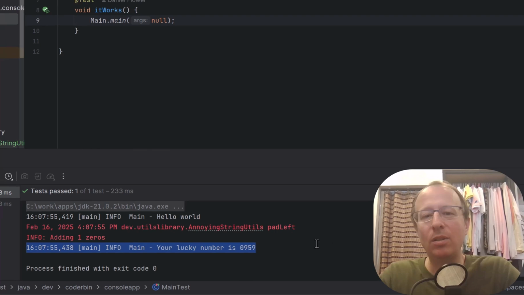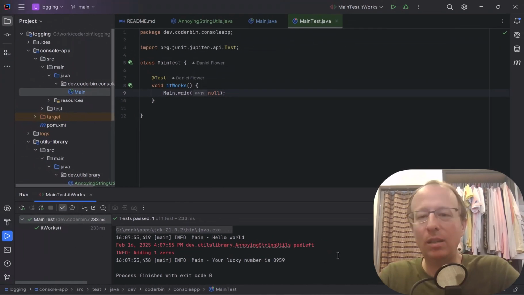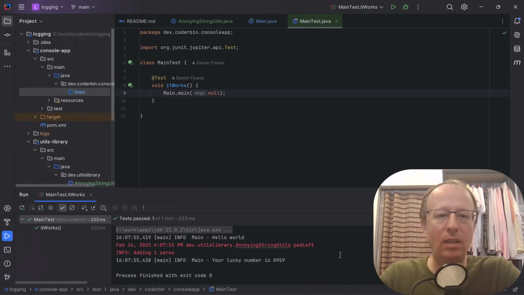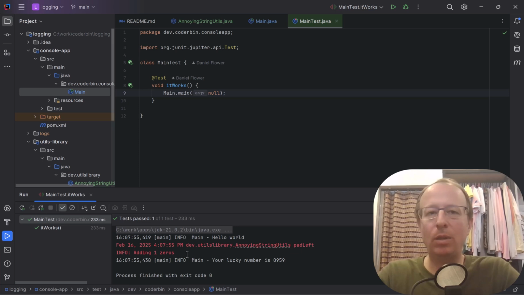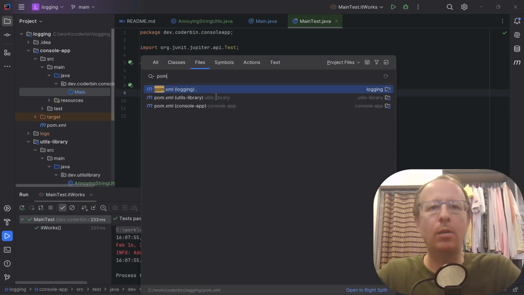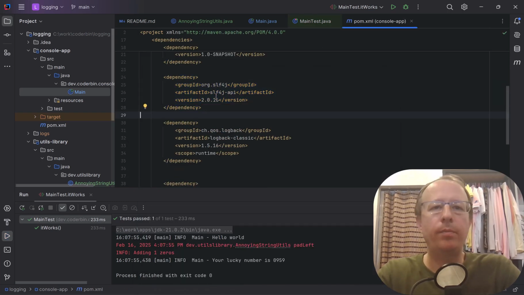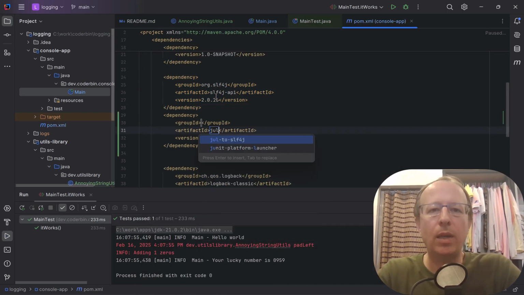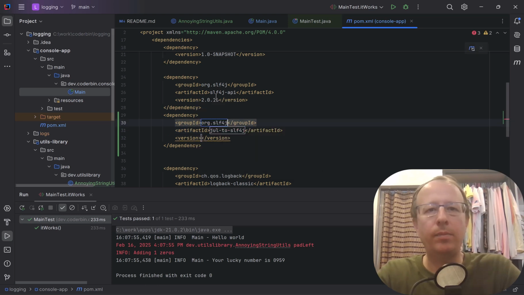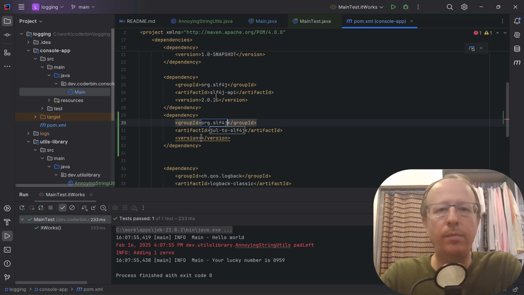What we really want to do is redirect any Java util logging to SLF4J so that it will go through whatever we want to use, logback in this example. So in our application, we can add a bridge. So JUL to SLF4J does what it says. It's a bridge from Java util logging to SLF4J.